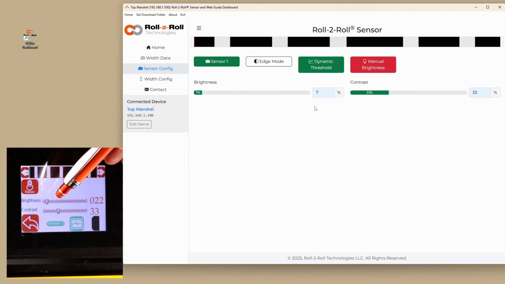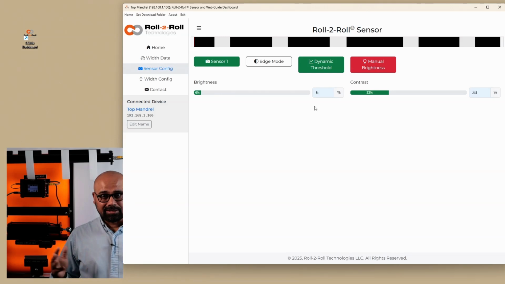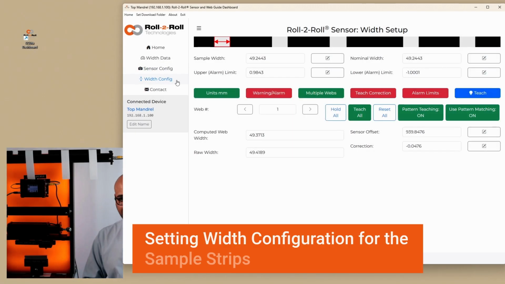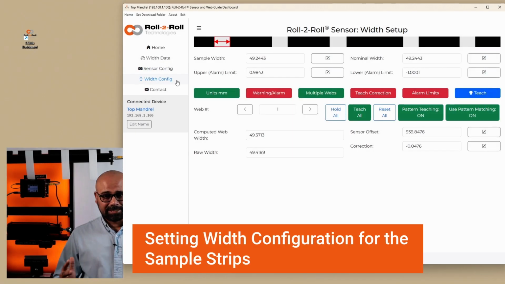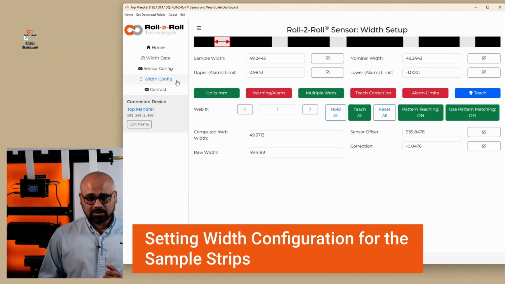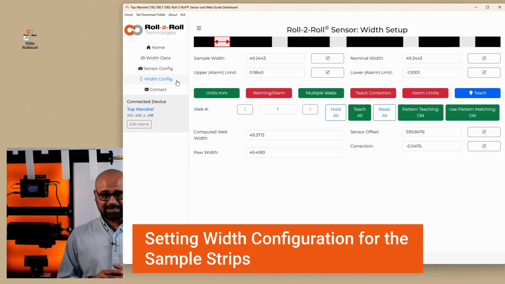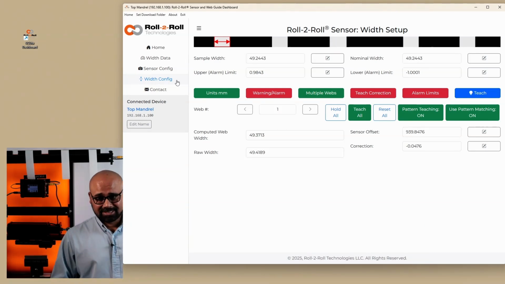Essentially, it's just a mirror of what we have there. Everything we did with the SCU6x controller can be done through this app in terms of setting the brightness, contrast, or width specification. I'm going to go to the width config. This is where we spent a lot of time in the previous video on how to set up the samples. Compared to the other screen on the SCU6x, this is just one screen. You got everything you need